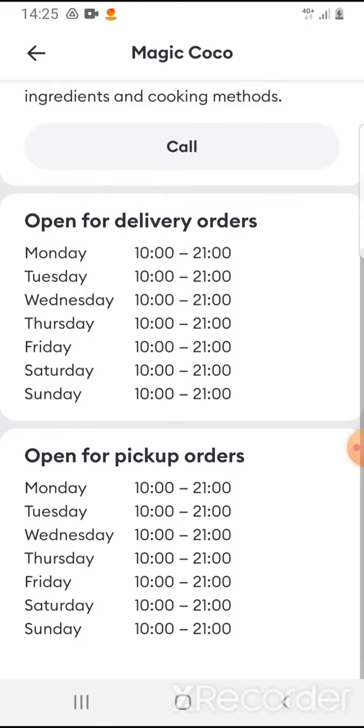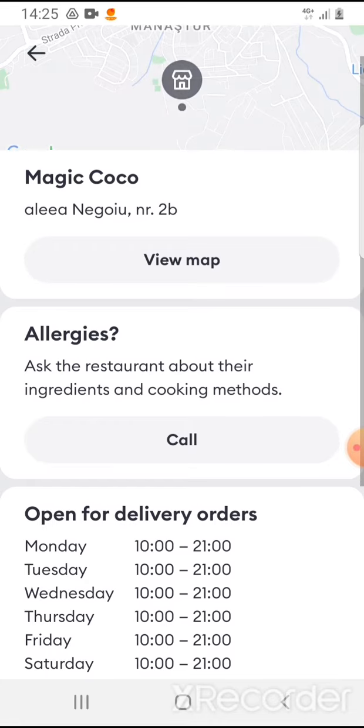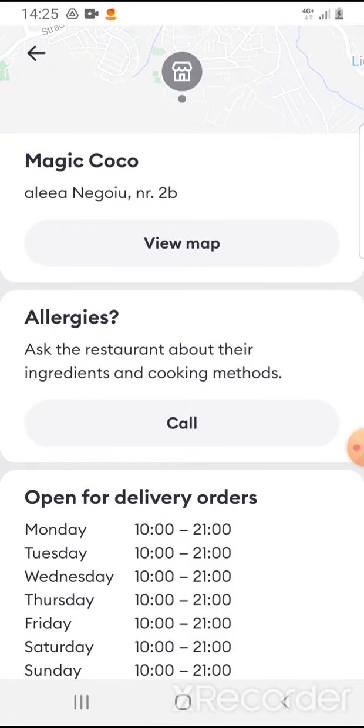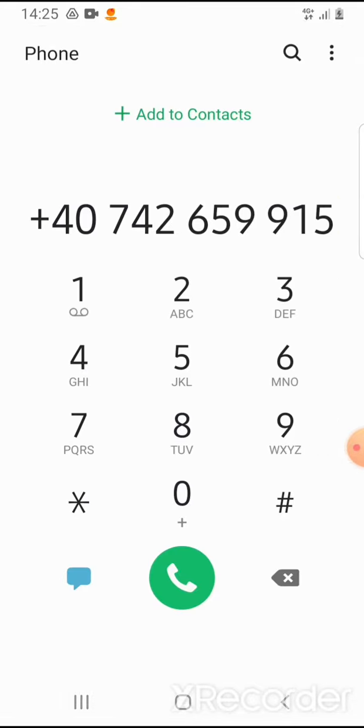dates and hours. You can open this in the map, and here in the middle you can ask the restaurant about their ingredients and cooking methods. If you tap on call, it already inserted in your phone their number, and if you tap on,